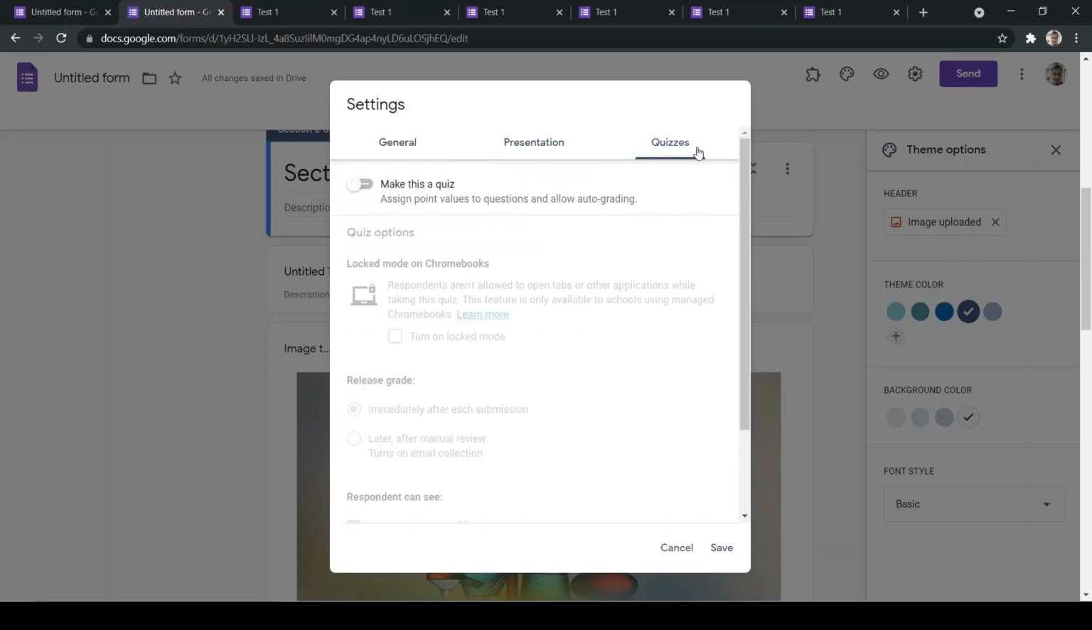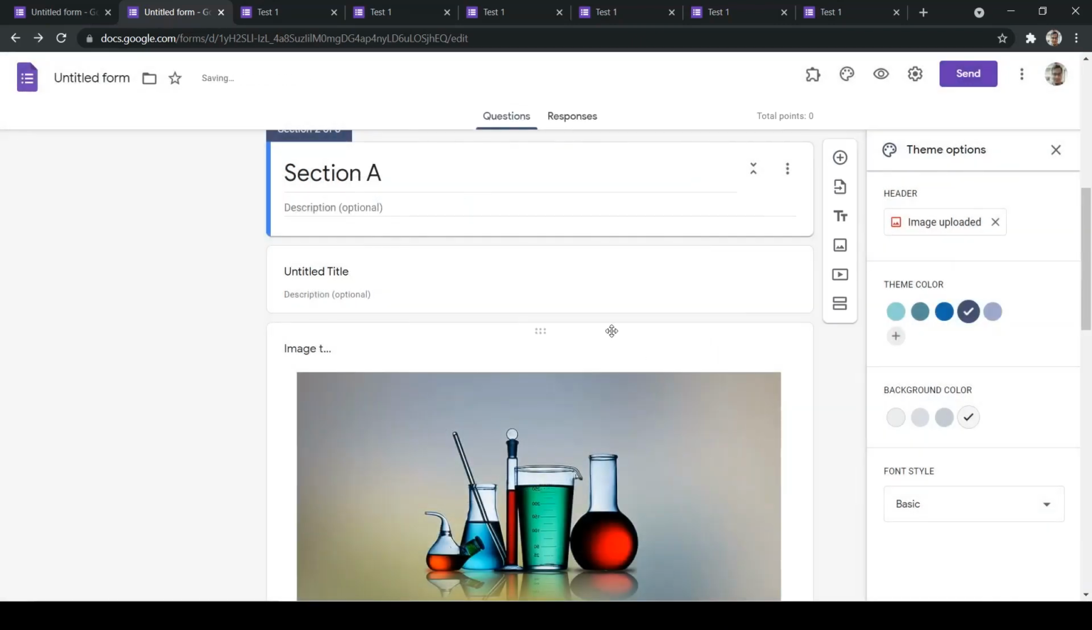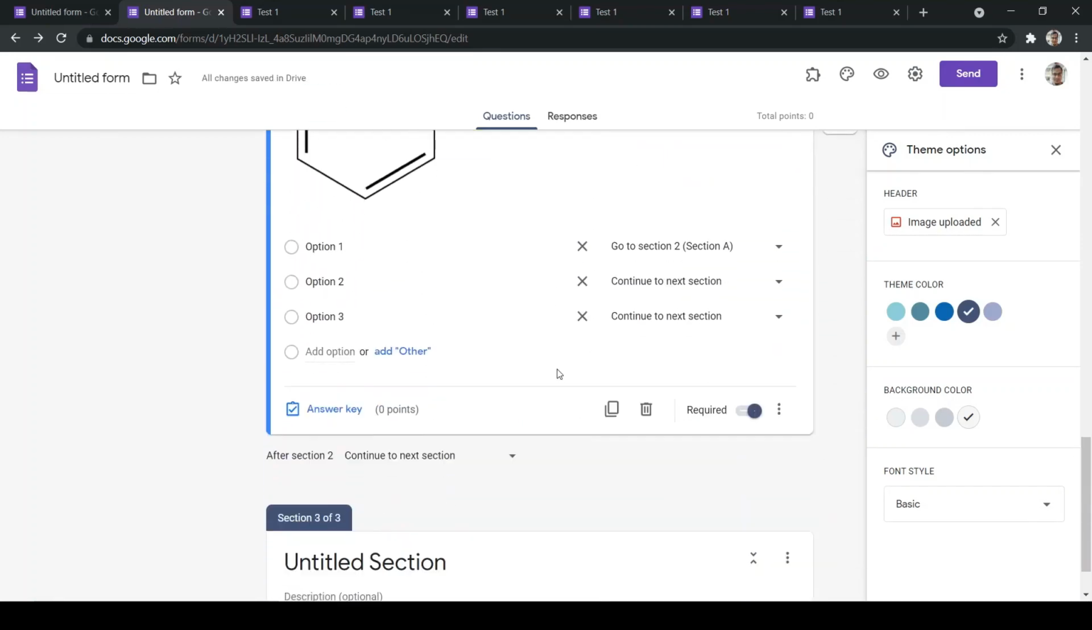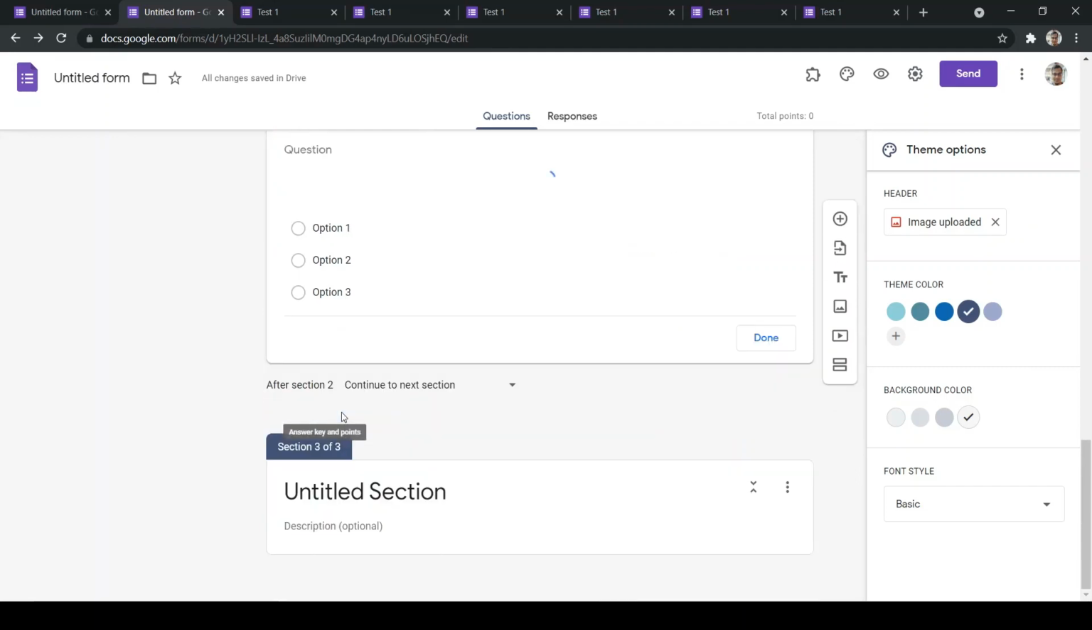And the last tab here is quizzes. You need to turn on this switch if you want this to be a quiz. If you click this, then okay, let me show here. Let's go back to our question. What will happen is that you will have another new icon down here. If you didn't turn on quiz, you won't see this answer key button. So when you click the answer key button,